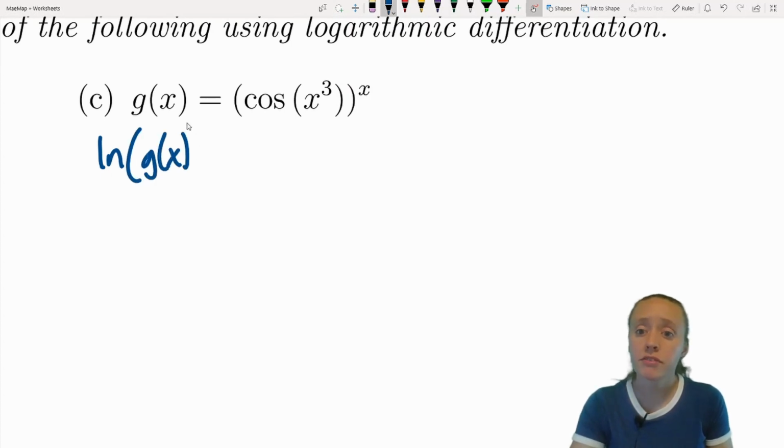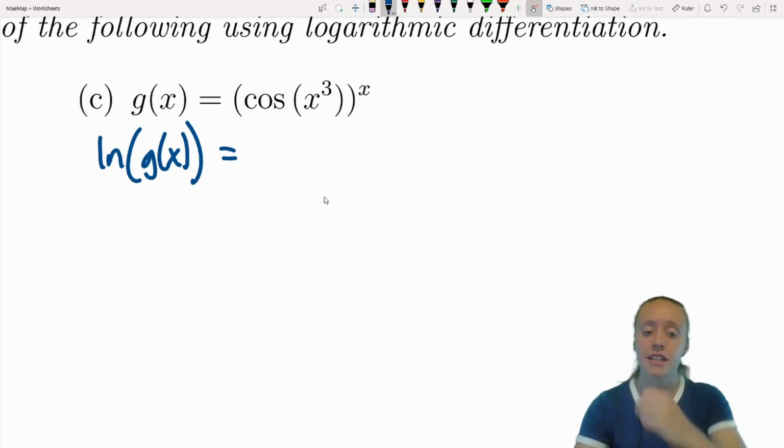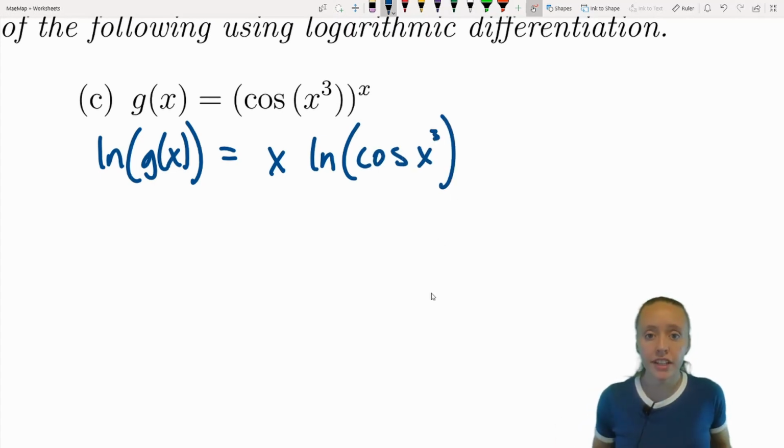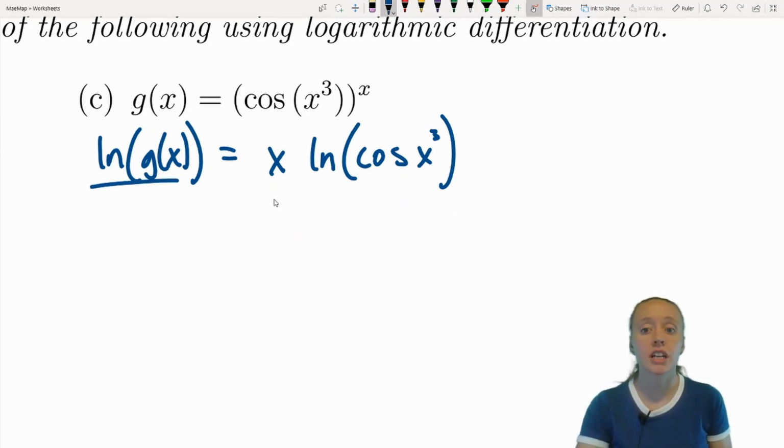And now that we've gotten familiar with why we're taking the ln, I'm going to go ahead and pull my exponent down in front in this step. So I'm going to have x ln of cosine of x cubed. Now we're ready to take the derivative because we have product rule on the right and just a simple chain rule on the left. So the derivative of the ln of g of x is going to be g prime